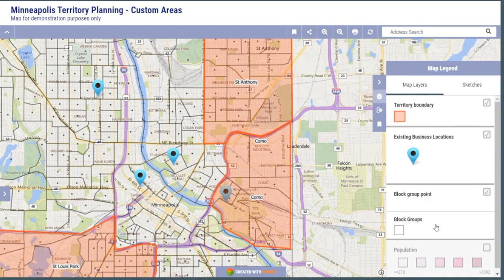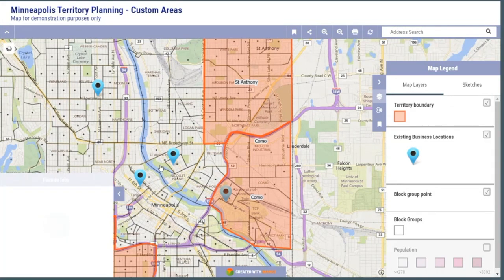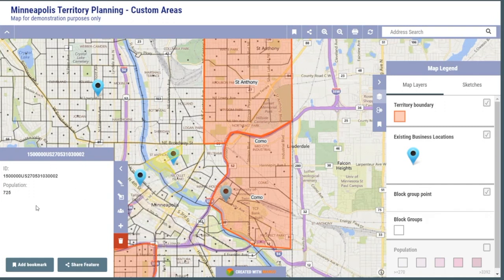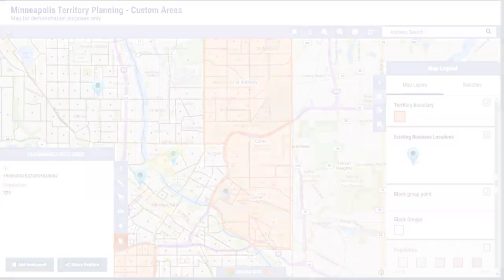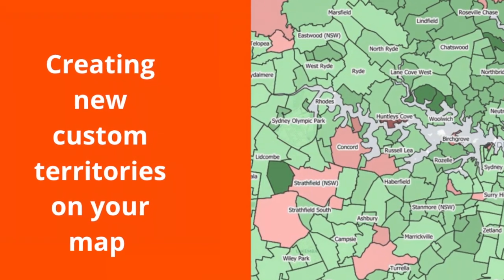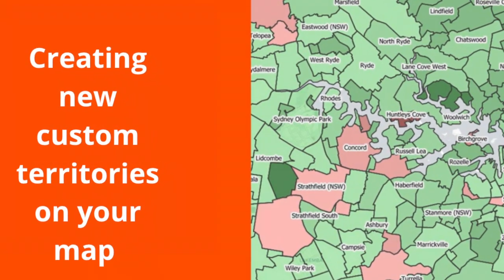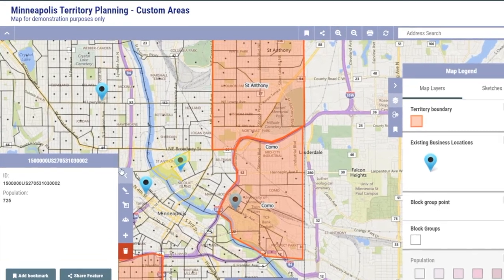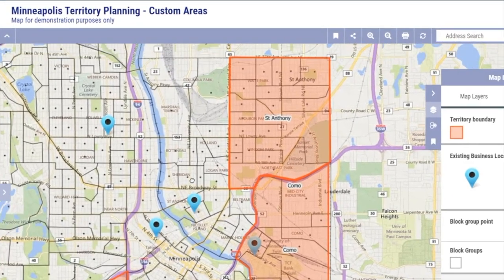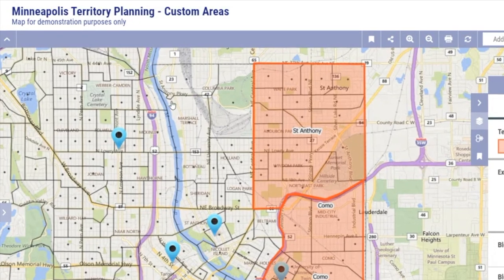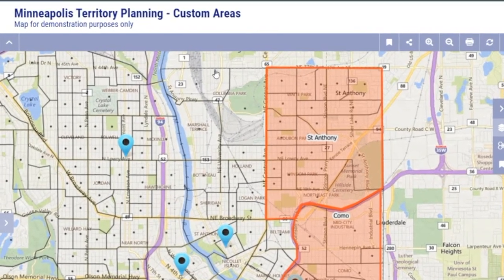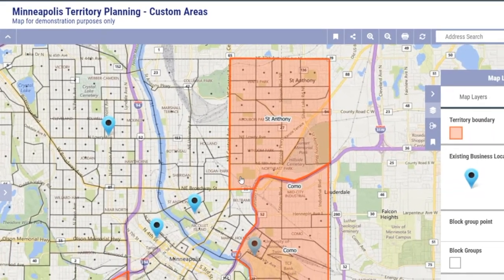If I click on one of these, I can see some information about that block group. For example, the total number of people that live there and the ID of that block group. Now, if I'm interested in drawing up new territories on the east side of the river here, nesting up against these existing territories, all I need to do is click on one of these territories, which brings up the toolbar. I will then click Add New Feature,